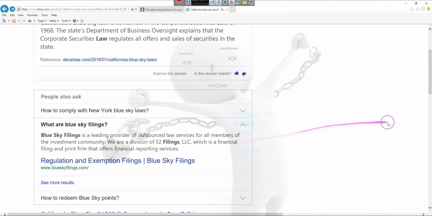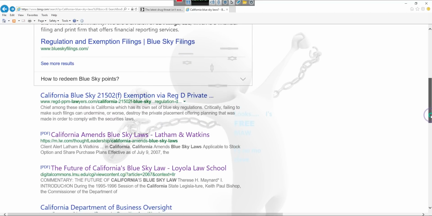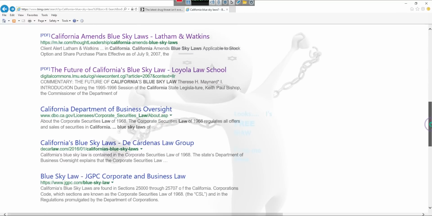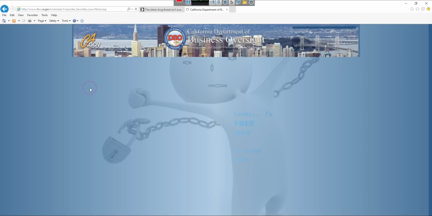Blue sky laws, blue sky filings. Okay? Let's do this. And we don't care about the exemption. The exemption talks about corporation and the company employees. I did go over that a little bit. But I don't care because that's what this talks about as well, because it talks about the corporation share purchase and it talks about joint stocks and all that stuff. We're not caring about that. We're talking about this. So let's go to the California Department of Business Oversight.